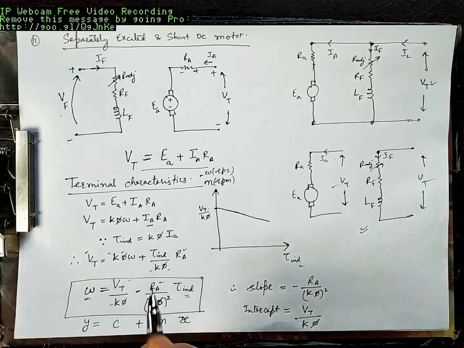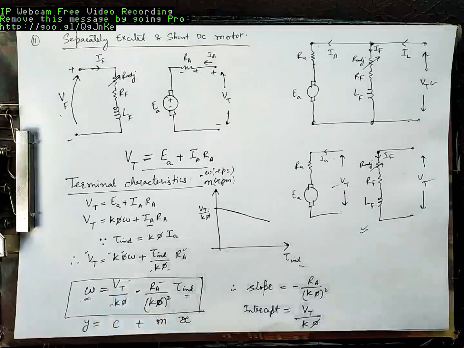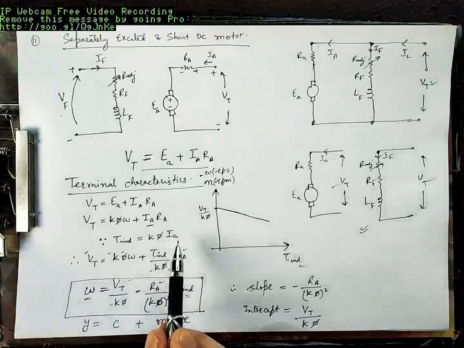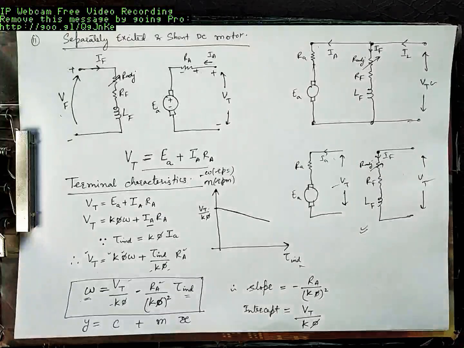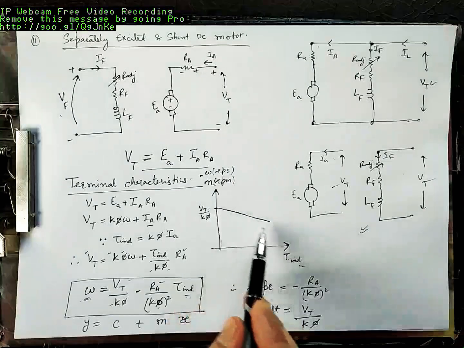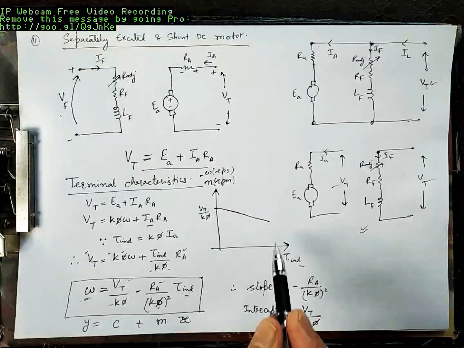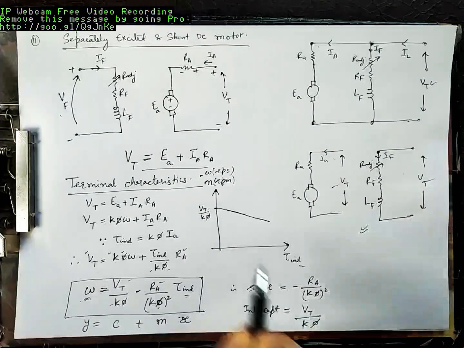And armature current is a function of the induced torque. That means whenever induced torque in the machine changes, armature current changes. When armature current changes, armature reaction changes. When armature reaction changes, flux phi changes. So this expression is not basically the correct expression, because it was correct only if we assumed flux phi is constant.